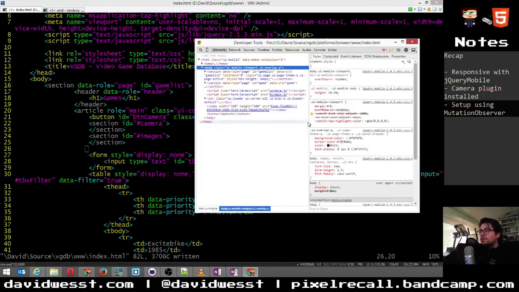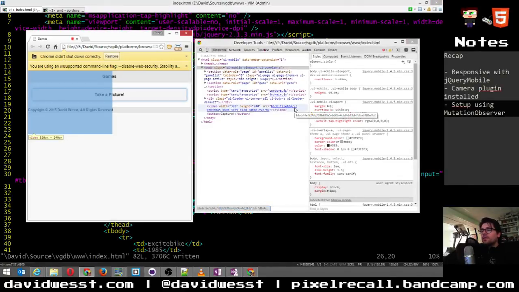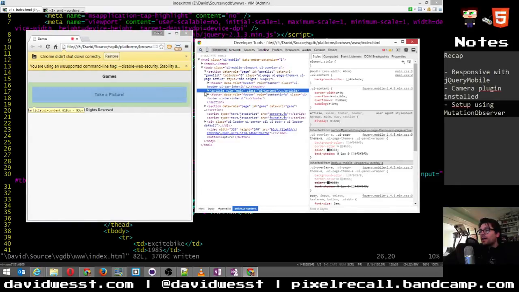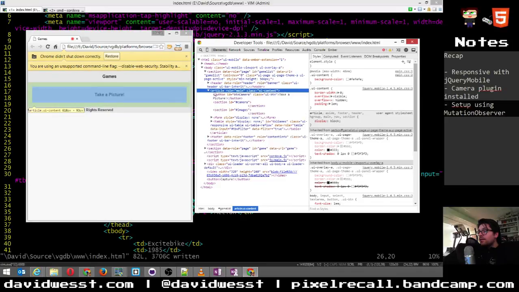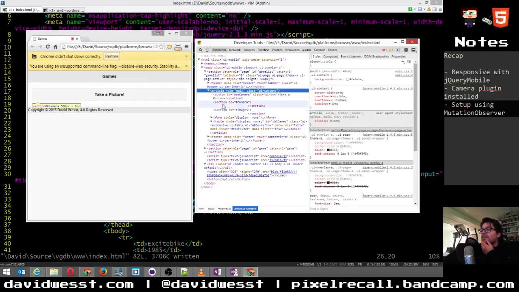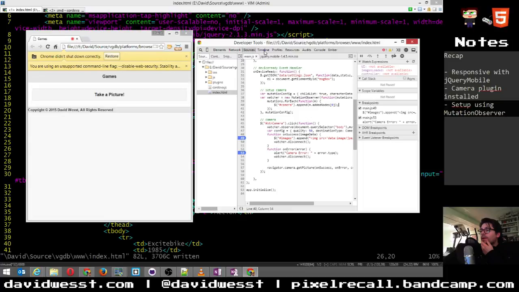So if I go to our app, no, it has a camera and it has the sections. The take a picture button. What we're trying to do is inject that stuff into here. So the real question is, why is it not working? I had this working earlier. This one specific part. Did I do something weird?